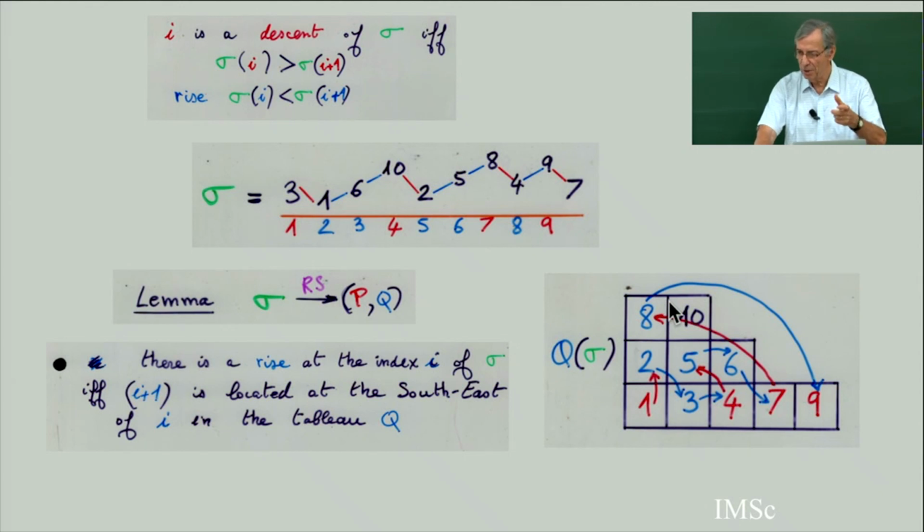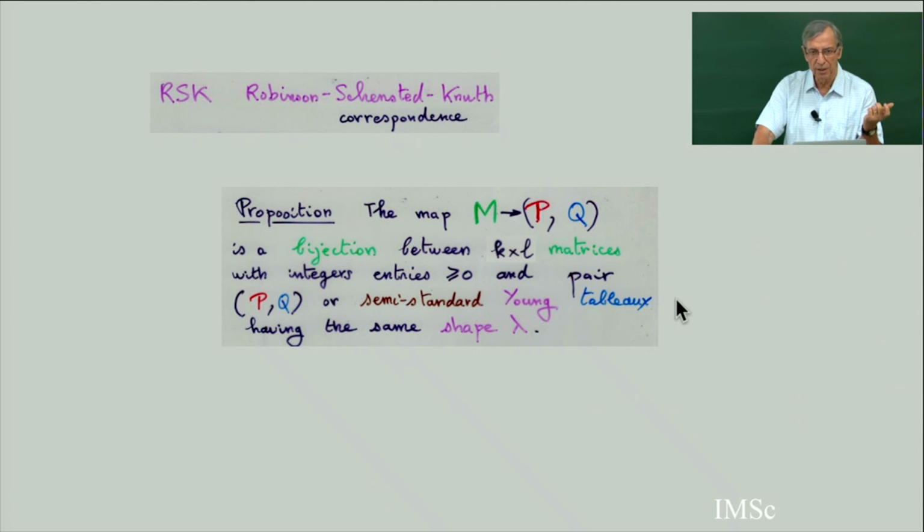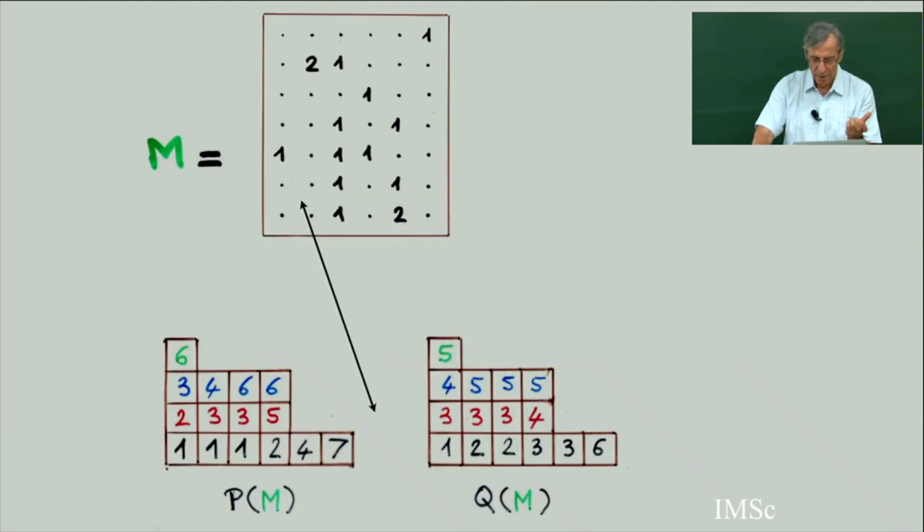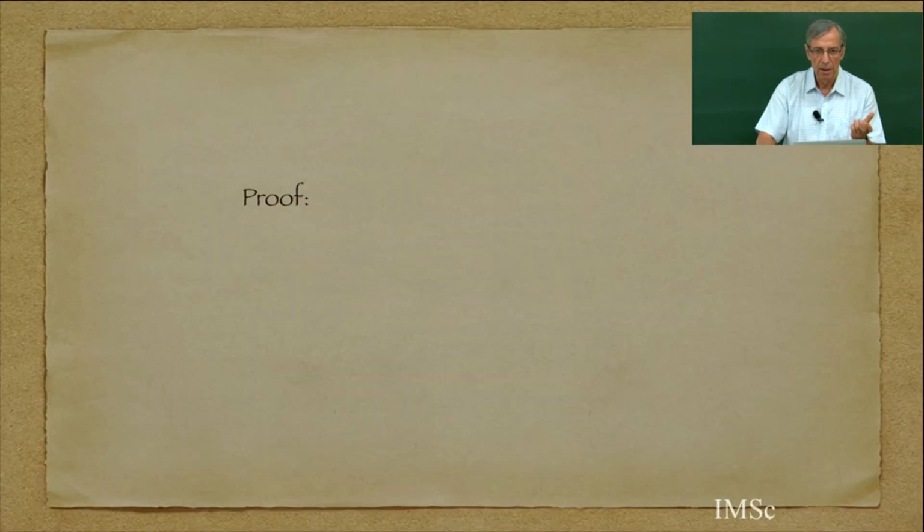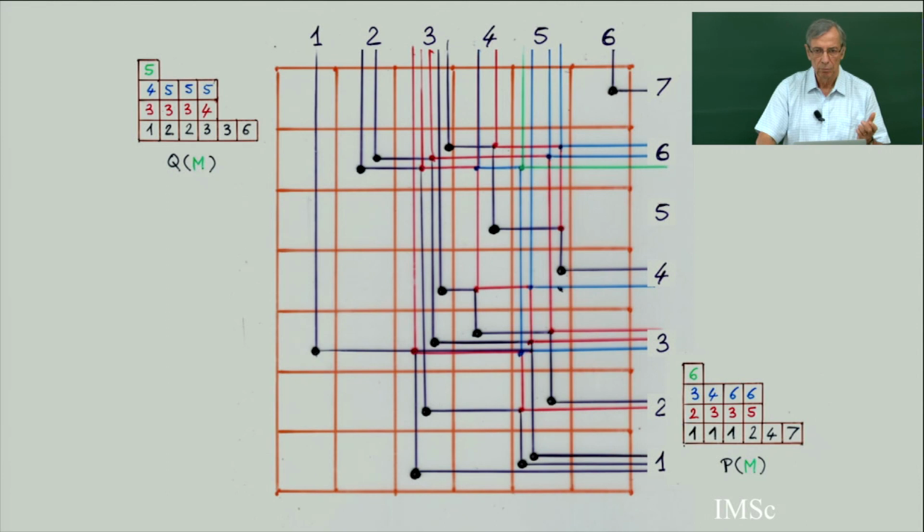And so combining this with this construction, I can get a proof that I have a correspondence, a map between matrices and pairs of semi-standard Young tableaux. It's exactly because of the construction I made before. You see, when I put all the values in a single row, so this is, for example, x, and this is x+1, x+2, x+3, all these points in the same row, each one is an advance of the other one. There are successive points, x+1, x+2. So they are going to correspond to some points in the tableau which are going to the southeast.